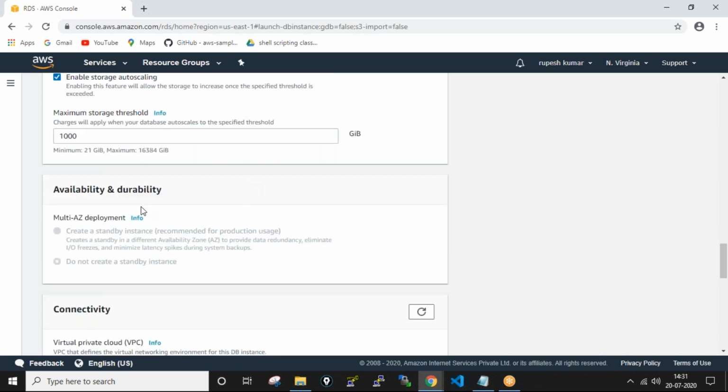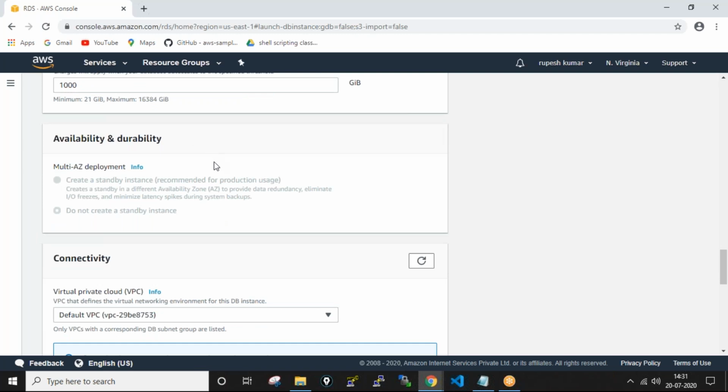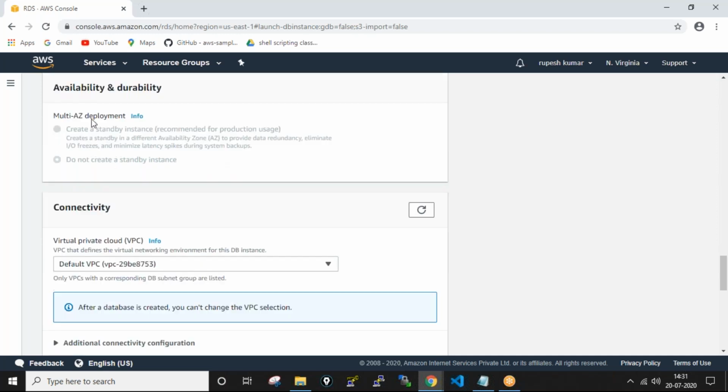Okay, and availability zone, so we need to give the availability zone. If you don't give the availability zone also, no problem, let it take the default. Multi-AZ deployment is nothing but multi availability zone deployment. If you enable this one, it is not to be enabled, which means the database is only one end, so only one operator can operate the entire database. If you give the database permission to all others, there is more chance of hacking, right?